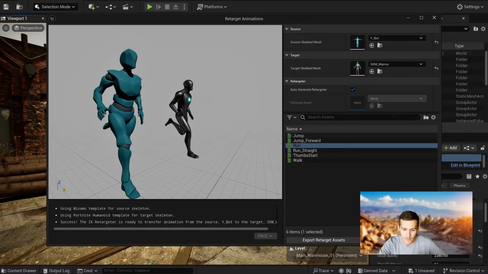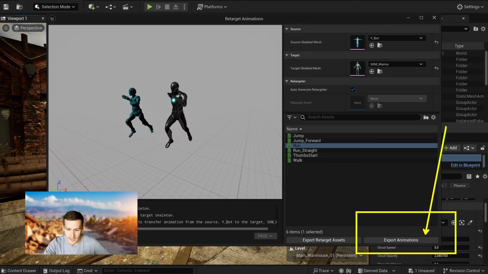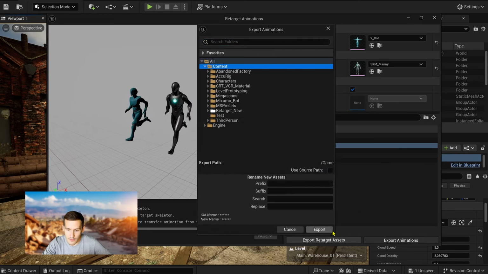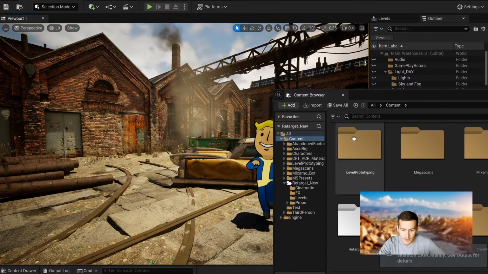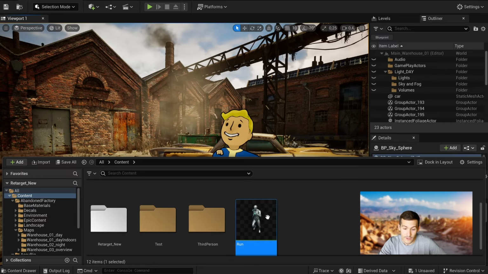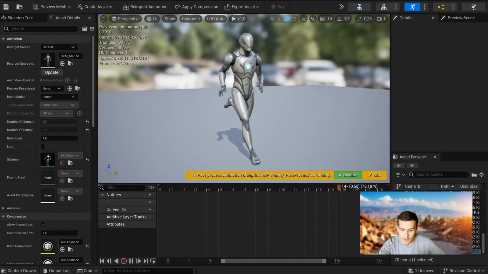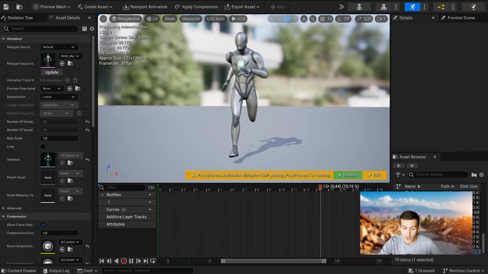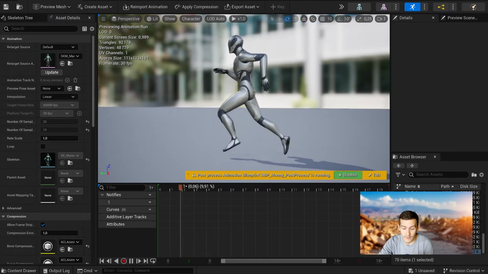If you're satisfied with the results, simply click on Export Animations, and you have a new asset, or an animation sequence, dependent on the target skeletal mesh. Everything is created automatically, and you receive the final asset, here the animation sequence. It's not more complicated than that if you stick to skeletons on which Epic devs have worked and adjusted in detail for this tool. But how to proceed with meshes that aren't part of this preset then?